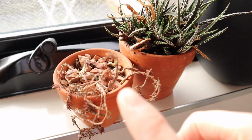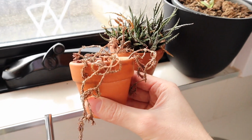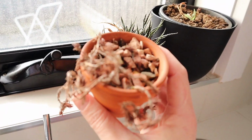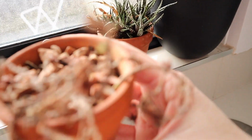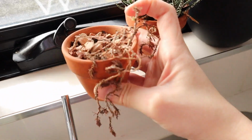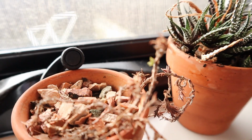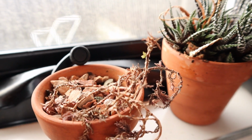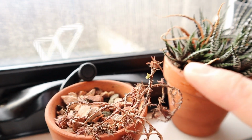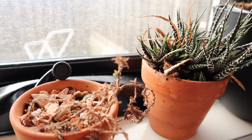Over here we have a couple of succulents. This one, believe it or not, is actually alive, even though it looks completely dried out and dead. I think I'm gonna have to try and trim it back, but every now and then it'll put out fresh green leaves. I don't know if you can see here. Sorry, this camera's really struggling to focus today. So there's some green growth coming through here,